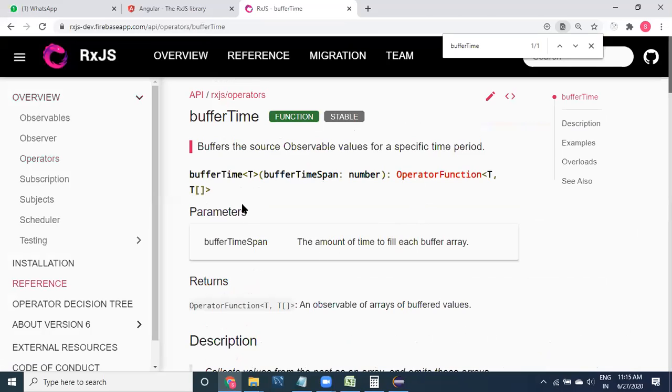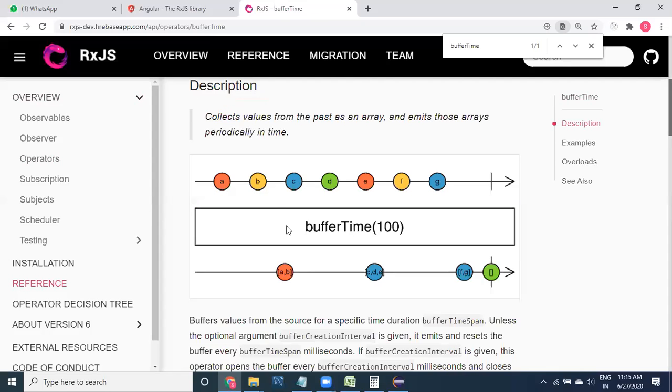See here, bufferTime means now we have A, B, C, D, E, and F, G are available. What does that mean? If the bufferTime is 100, we have taken bufferTime 100 milliseconds, not 100 seconds.